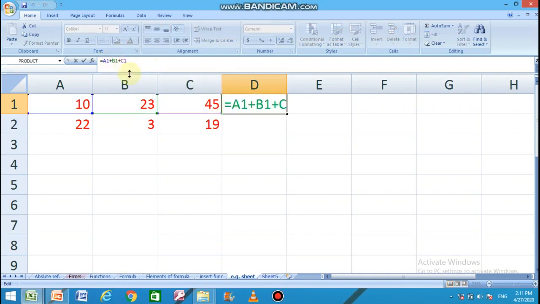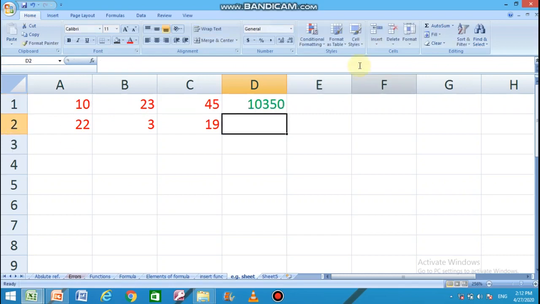Let us change it to the multiplication operator. Press enter. Now we have got the multiplication result. We have changed the formula, but again the formula is a basic formula because only one type of operator I have used here, that is the multiplication operator.